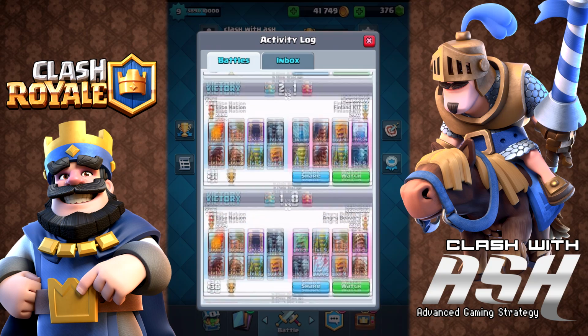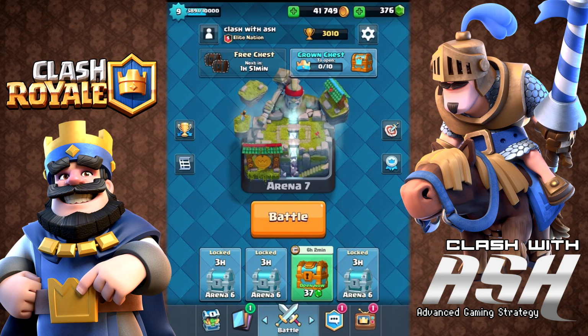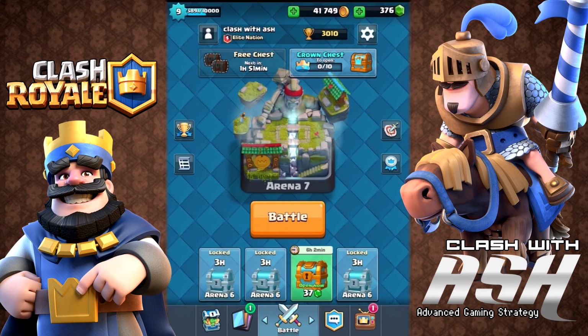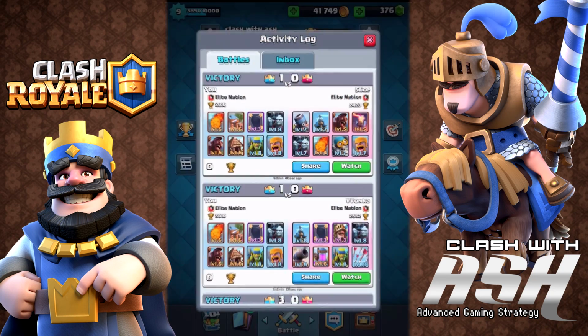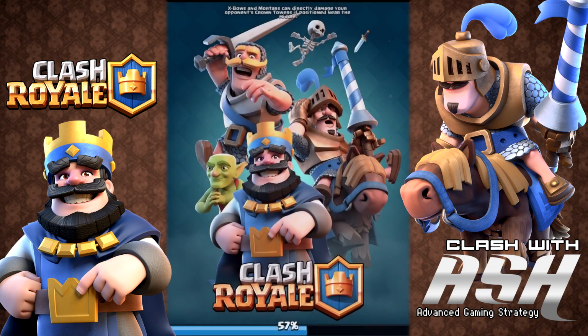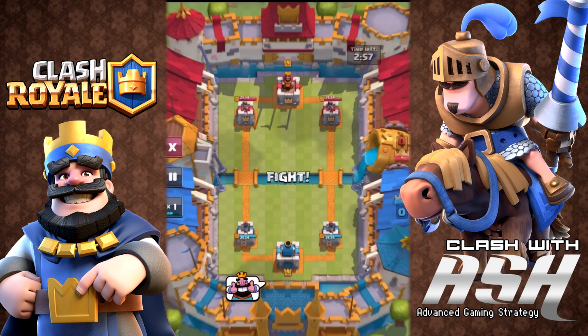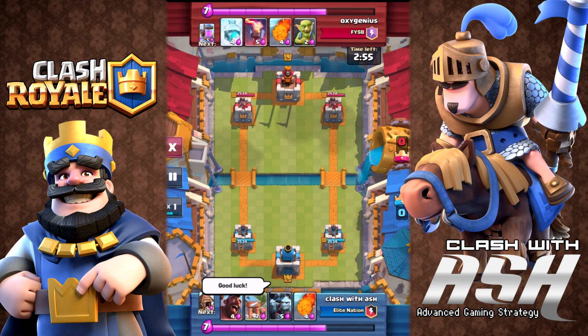Now, what happened was I was using the deck that I shared with you guys yesterday. We're using the Golem and the P.E.K.K.A. together in a really heavy elixir cost deck. But then I had those 2 losses in a row, and I did something you should never do, and I went ahead and I switched up the entire deck. I switched it back to the Swarm, but I made some changes to the deck,